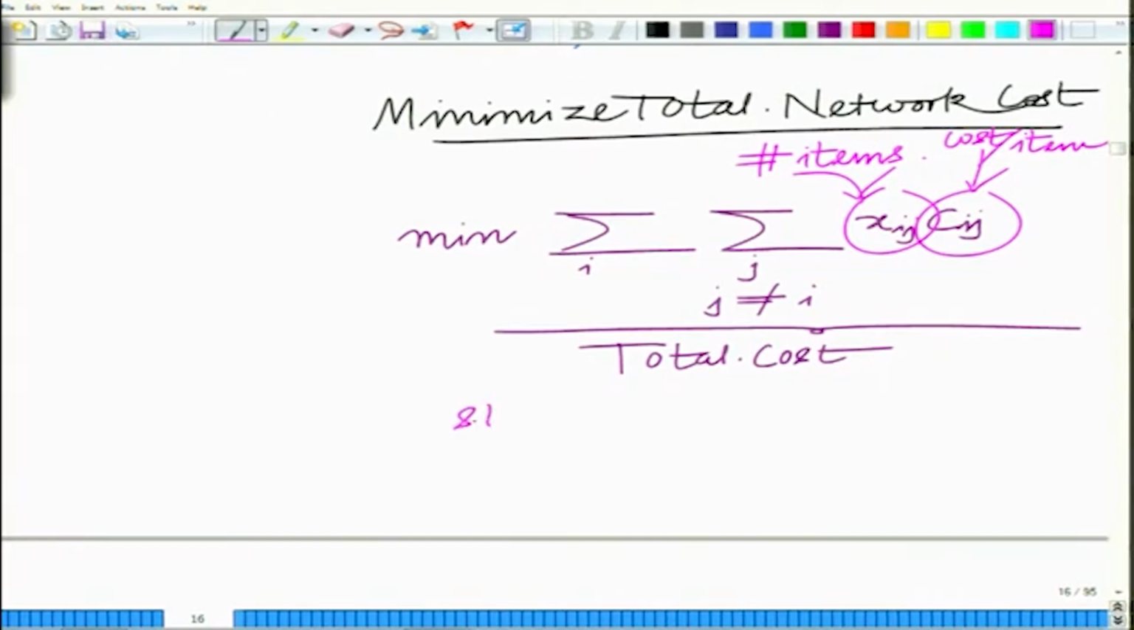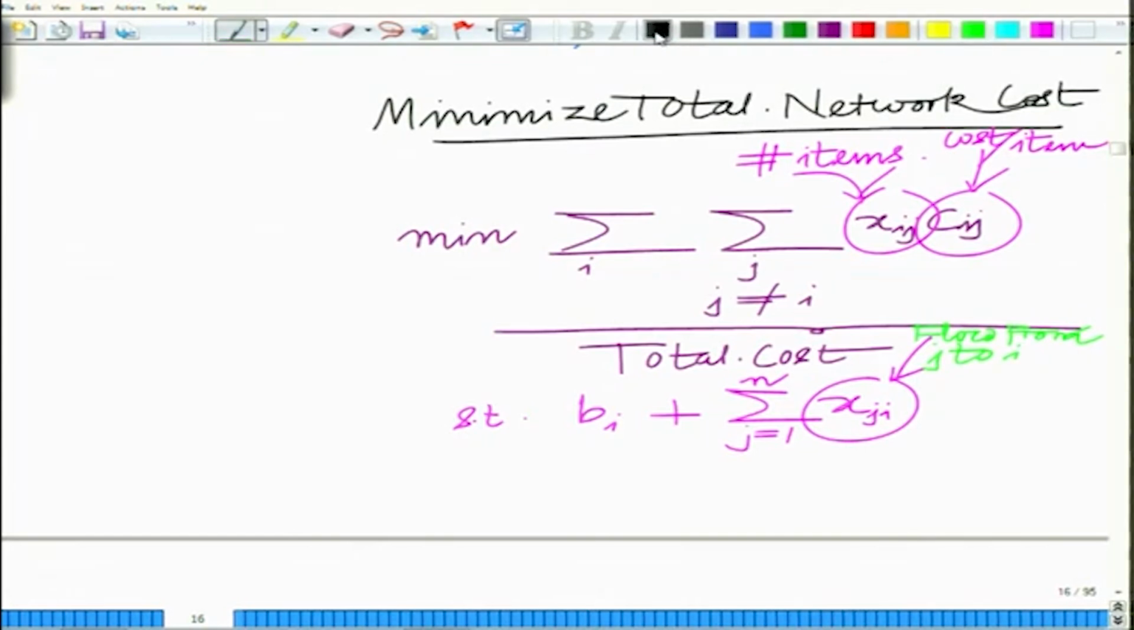Subject to the constraint, now this is important, if you look at each node, Bi, which is the total external supply, plus the total inflow, if you look at each node i, sum over j equal to 1 to n of Xji, that is flow from node j to i, minus the flow from node i to all nodes j, this must be equal to, this is the important constraint,